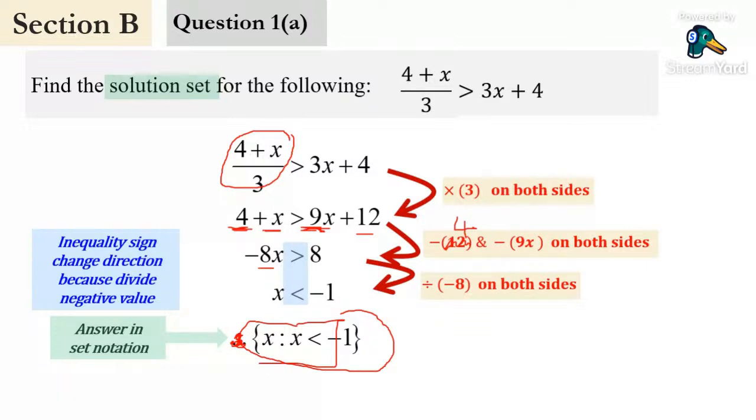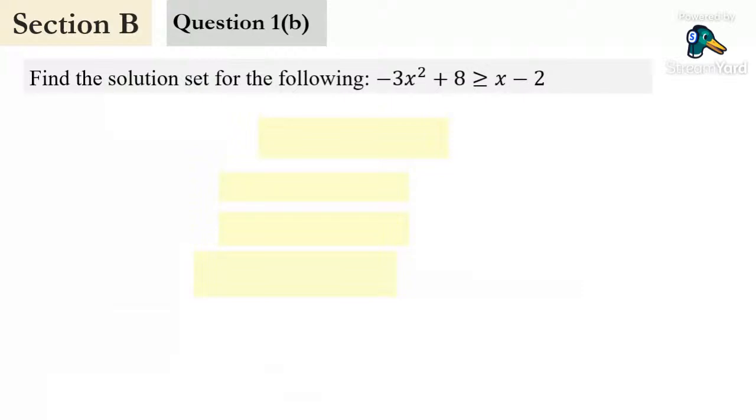Go on. 1B. We have a case of quadratic inequalities. So copy now the inequalities, guys and girls. In this case here, I would like to solve the quadratic inequality by using the graphical method. So the first thing is that I want to group all the terms to the left. So therefore, I don't want to have the x and minus 2 on the right hand side. So I'm going to